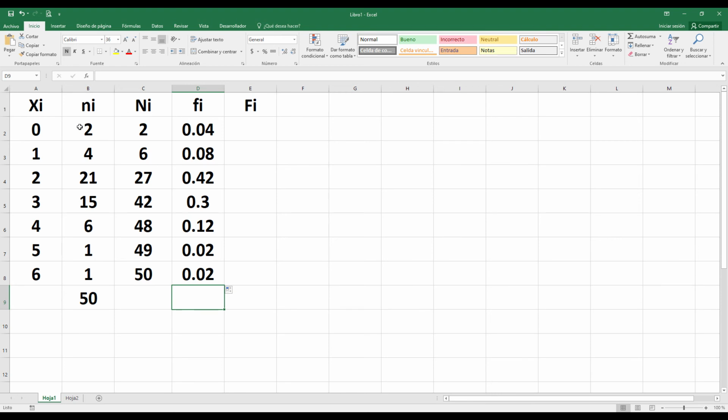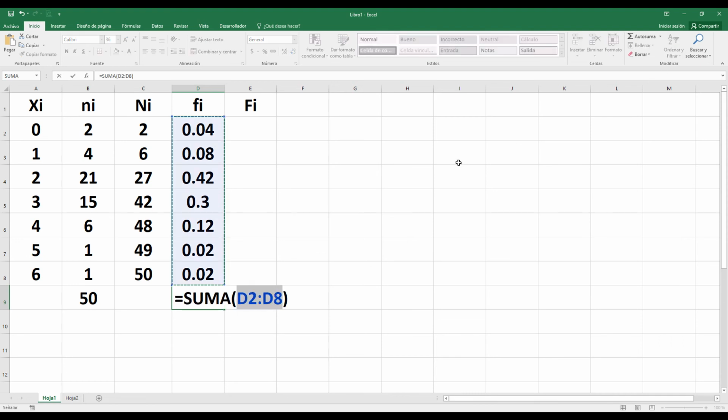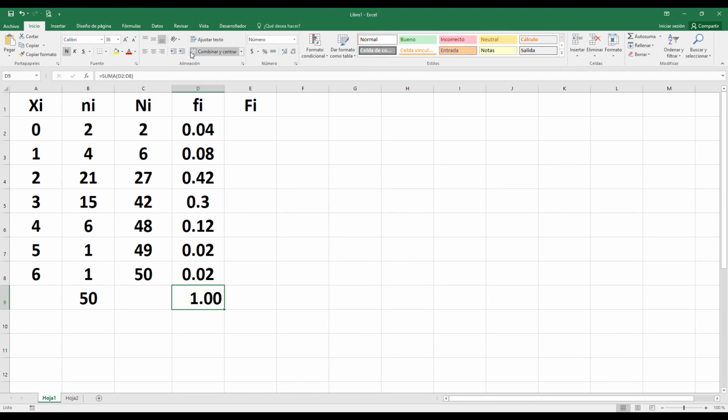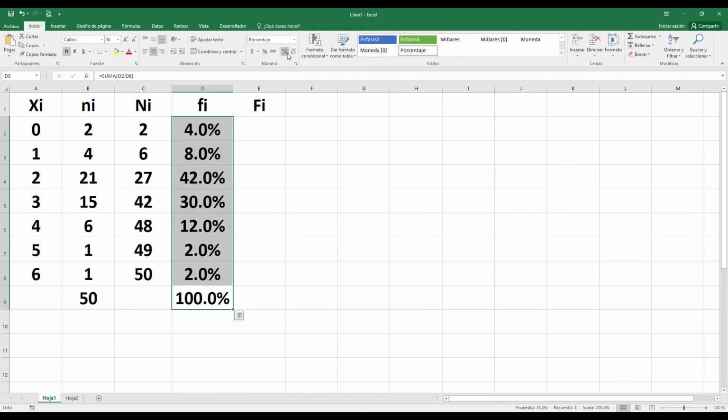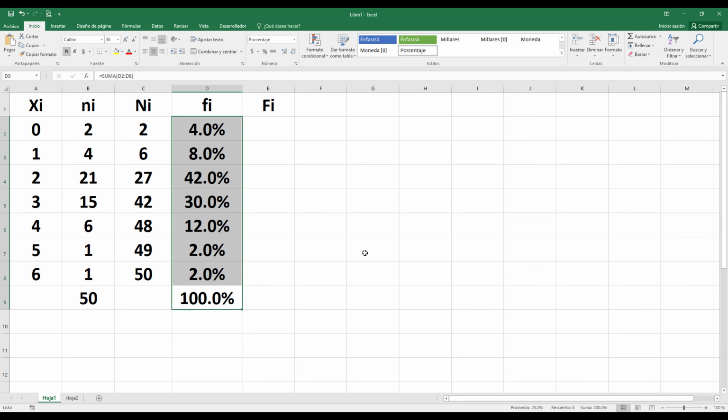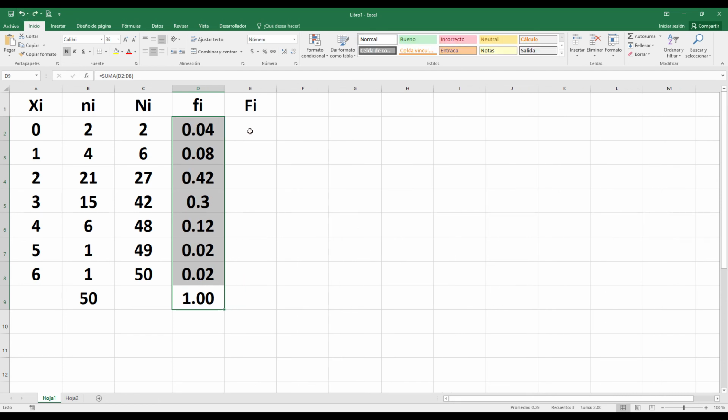the percentage of every data. Here, here, here, here, here, here, and here. And to check that values are correct, you only sum and you will get 1. Percentage, you will do that, but I only will use the decimals.